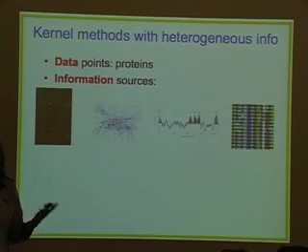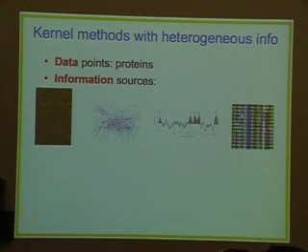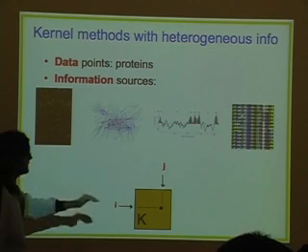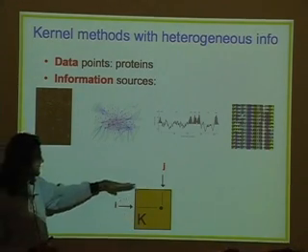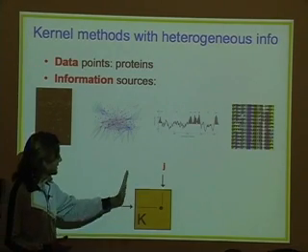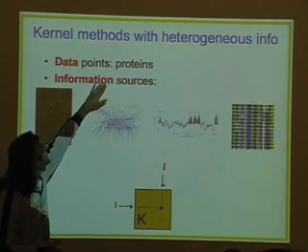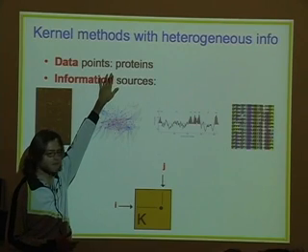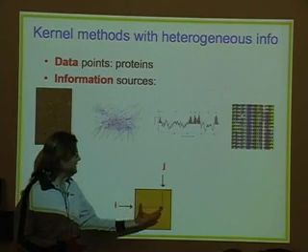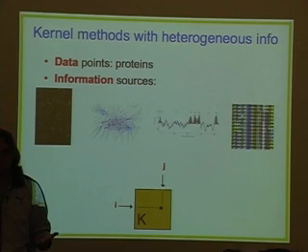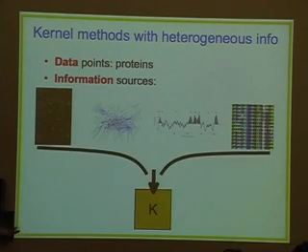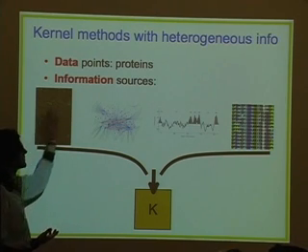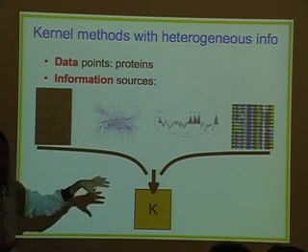The challenge really is, for example, imagine that we want to classify proteins according to their function, and we have all these information sources available. We know that the final goal is to design this matrix here, because once we have this inner product matrix, which again is a matrix of, let's say, n proteins by n proteins, which are the data items that we want to classify according to their function, we can actually derive, for example, a support vector machine classifier. Now, we want to design this matrix obviously based on all the information that we have at hand. And so the big question is, how can we squeeze all that information into that matrix here, okay?